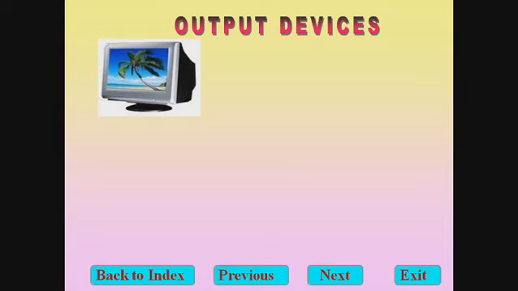Output means it displays the result to the user, whatever is going on inside the computer, and as per the instruction, whatever is to be displayed to the user is displayed with the help of these devices. The monitor always displays output. It's the most common output device. Whatever we do in the computer, it reflects back on the monitor screen.